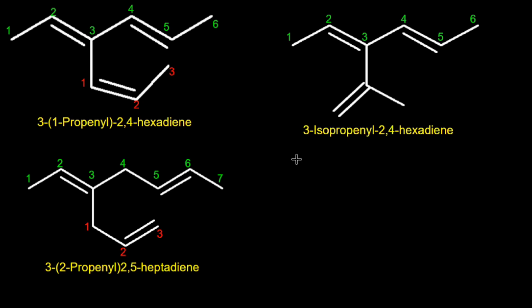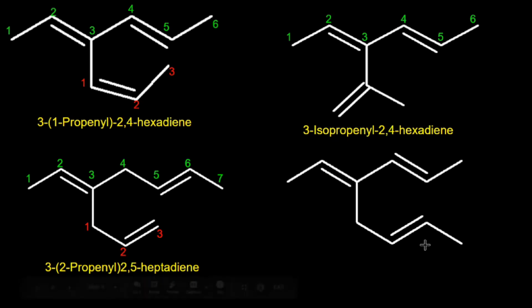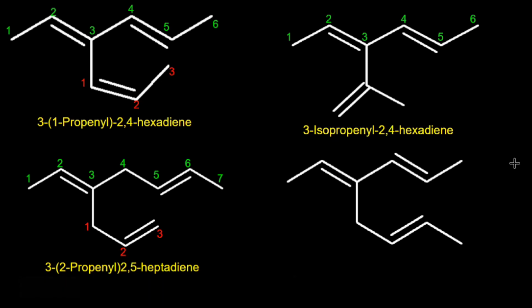2,4-hexadiene, right? Students, let's consider the last example of IUPAC nomenclature of straight chain or branched alkenes, like this. This is again a substituent having a double bond in it and attached to the heading part via the terminal carbon. So firstly, number the heading part 1, 2, 3, 4, 5, and 6. Now number the substituent part, and numbering would be started from that carbon which is attached to the heading part. 1, 2, 3, and 4. Here the double bond is present at second carbon of substituent, right? So name of the molecule would be generated as